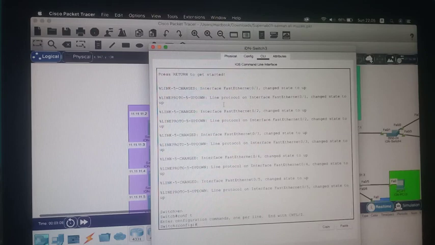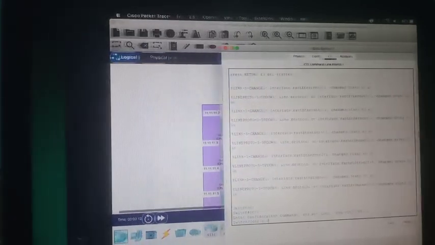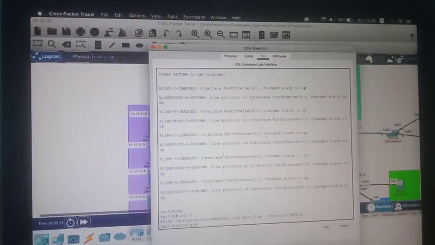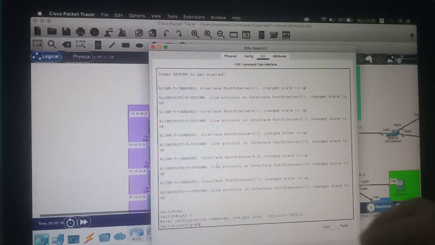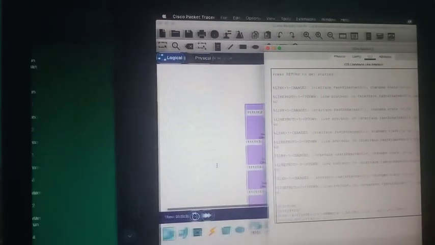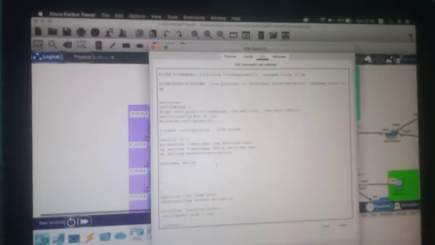Next we can type do show run again. We can do show run and enter, and this progresses to the topology, and you can follow this step by step.